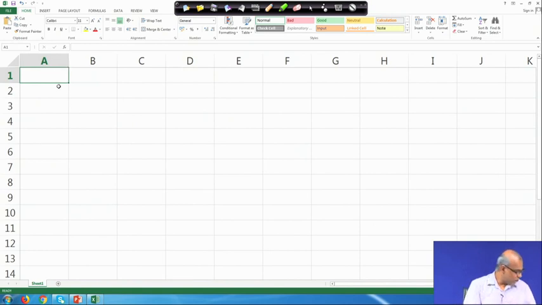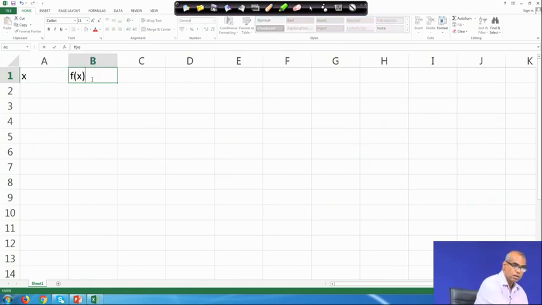So, as we said, it is always a good idea to plot the function, for a single variable unconstrained function. So, let me plot x versus area.